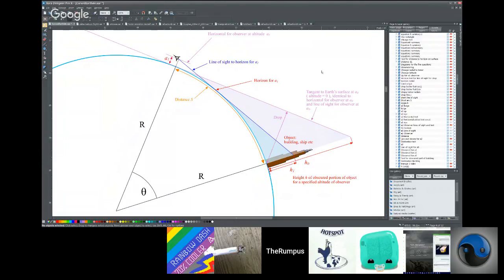Is, we have a model that works pretty accurately, using only the data of how far away you are from that boat, how high the observer height is, and how tall that boat actually is. When we have those data points, we can predict to a very accurate degree when that boat is going to disappear. That is only using geometry and a globe model. What I would like to hear from you is, do you have a similar mathematical model that can be used to determine when that boat is going to disappear